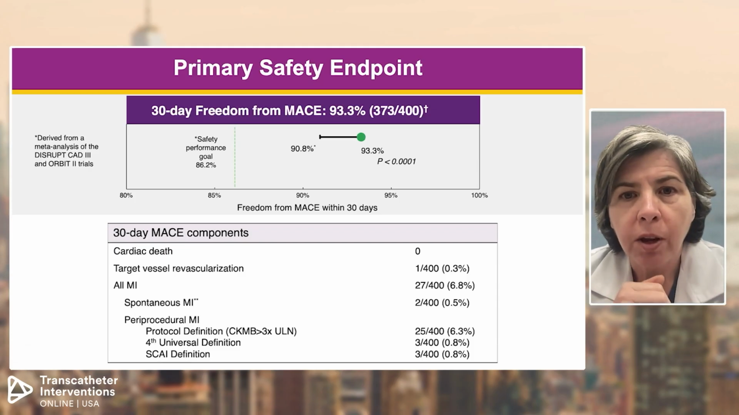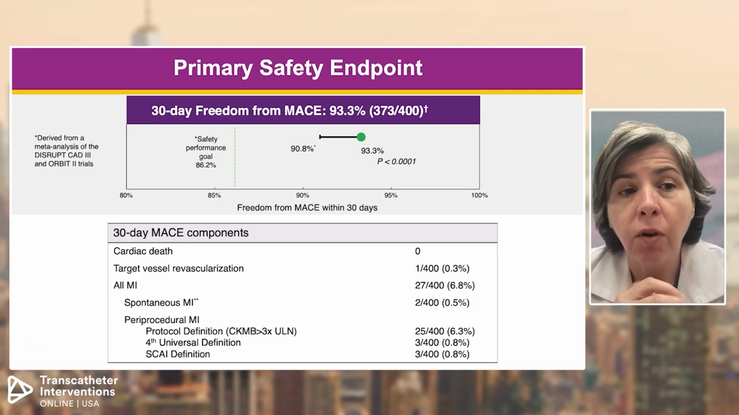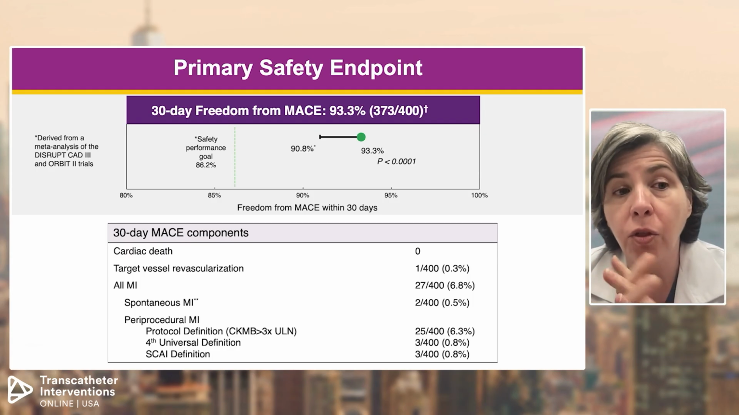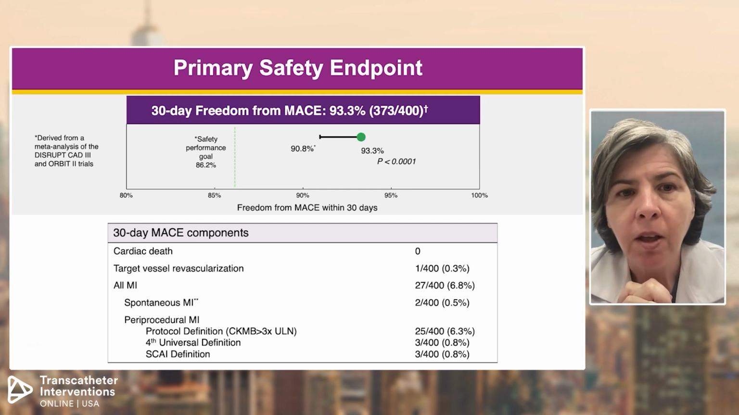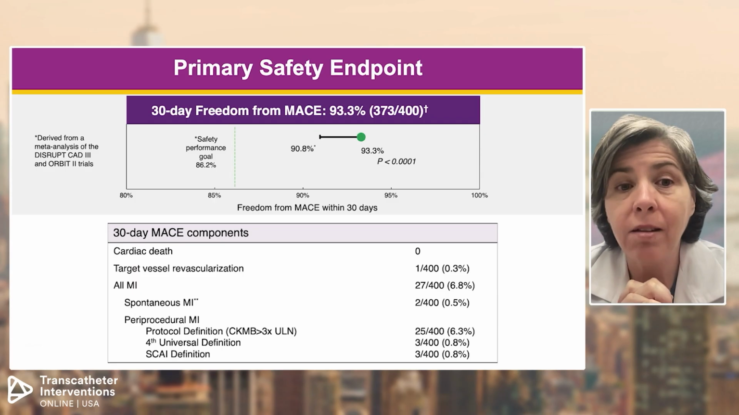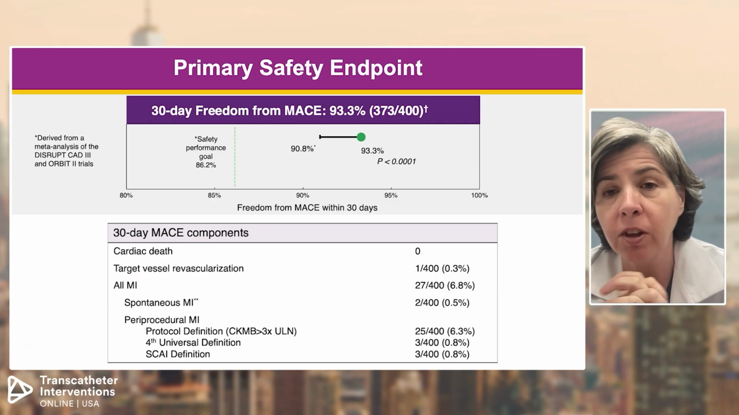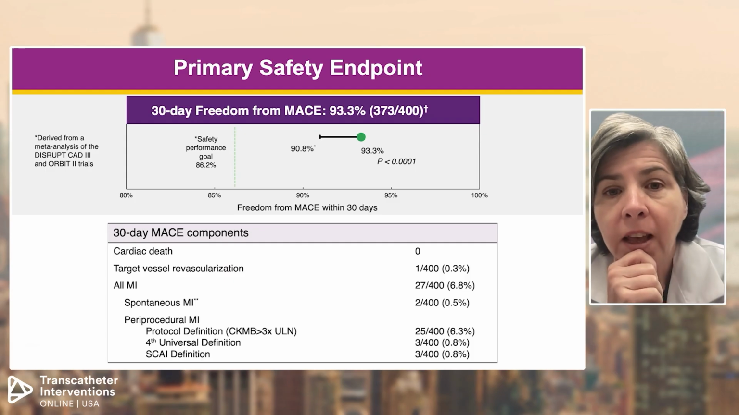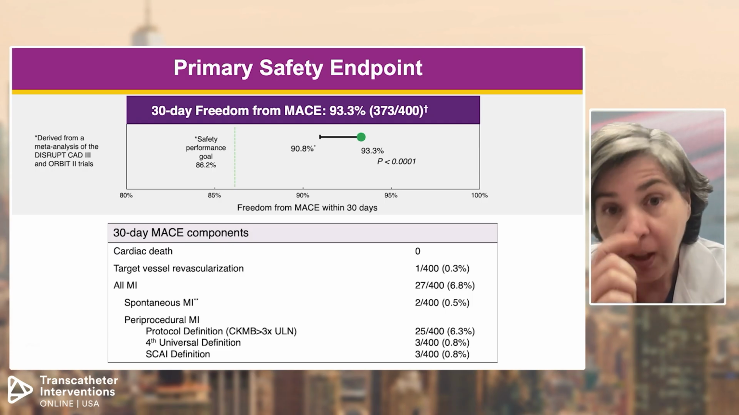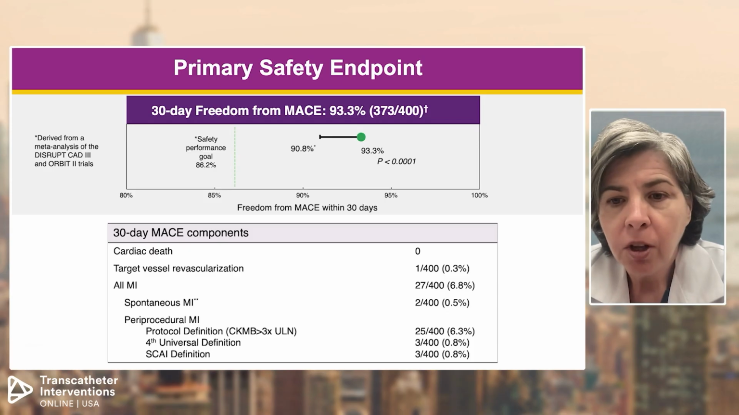If we start by looking at the primary safety endpoint, the statistics were based on performance goals derived from a meta-analysis of Disrupt CAD III and Orbit II, of the Shockwave IVL system and orbital atherectomy. The performance goal was set at 86.2% for safety of 30-day freedom from MACE, and the outcome from the trial was 93.3%, with the lower bound of the confidence interval at 90.8%, so well above the performance goal. If you look at the table underneath, almost all of those events were periprocedural